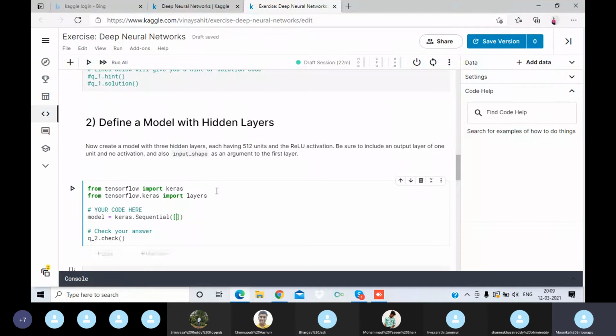First layer we need to have layers dot Dense, the units are 512, and the activation function is ReLU.